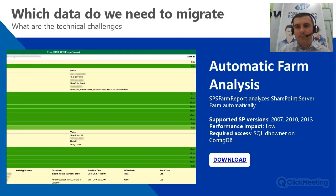It is an old Codeplex solution which is provided for free, currently hosted on GitHub, which you can download and execute on your SharePoint farm, and this will give you a very strong understanding of your farm in general, on a high level. The impact of executing that tool is very low, so you will not harm your farm when you execute it. You can do that immediately. You will get the results in 1-2 seconds. As for what kind of permissions you need to execute that: